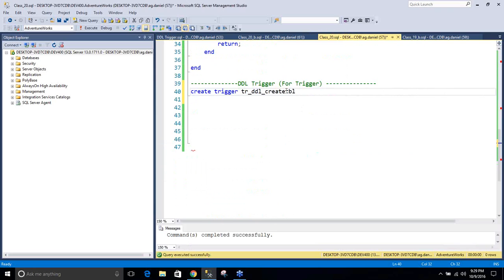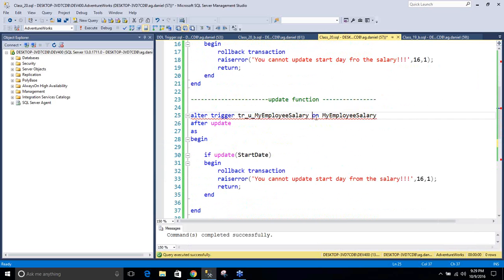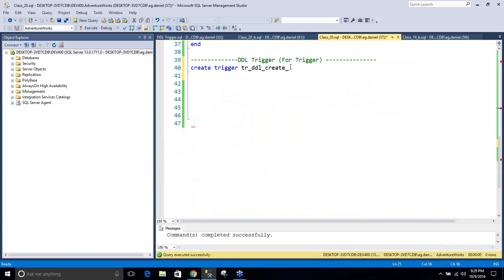The DML trigger is always created under a particular table, right? A DML trigger is always going to be created under a particular table. If you look at the syntax, you have seen that along with the definition of the trigger, you will say under which table that particular DML trigger gets created. Now, in the case of a DML trigger,